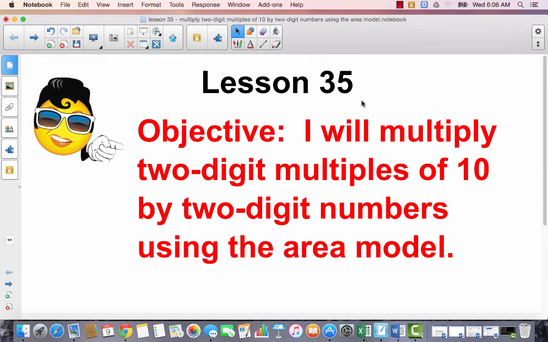Lesson 35, I will multiply two-digit multiples of 10 by two-digit numbers using the area model. So we're going to move away from division for a little bit and we're going to talk about multiplying. And we've already learned the standard algorithm of multiplying a two-digit number times a one-digit number. Now we're going to talk about a two-digit number, like say for example, we were going to look at,